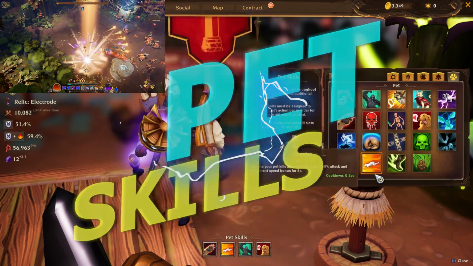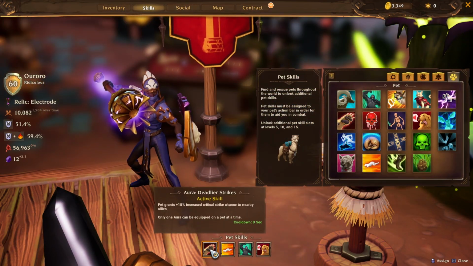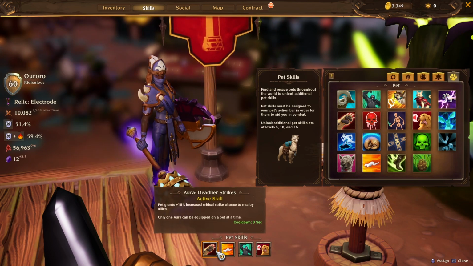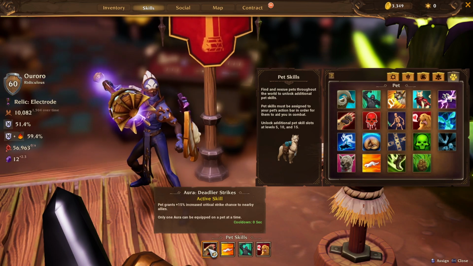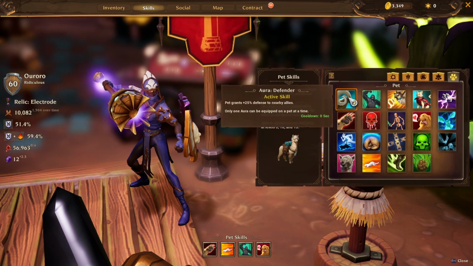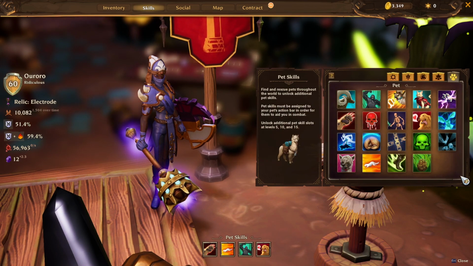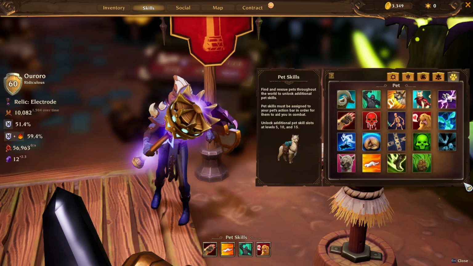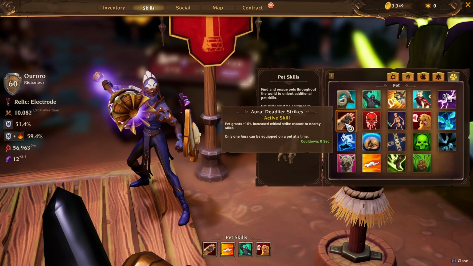Now let's talk about the pet skills. I like using Deadlier Strikes. It's crit chance, I love it, 15% crit chance is pretty nice. Although now with overpowered gear you can get sufficient crit chance without needing to use this, and in that case you might want to either get defense or movement speed over here. Even block chance is not bad, but it caps at 40, the same way crit chance caps at 40%, so